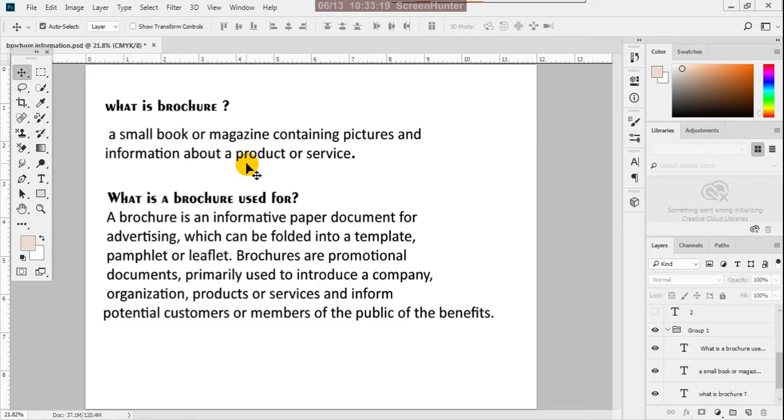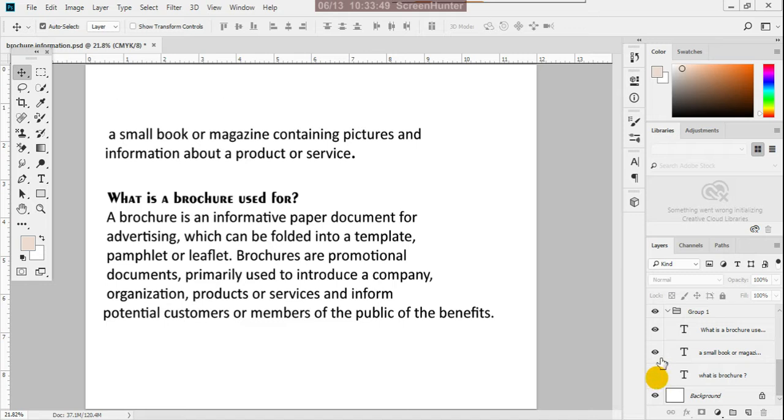Generally these brochures are used for commercial purposes, for promotional activities, primarily to introduce a company and their organization, about their products and about their services, to inform the public and customers. So that is the brochure.